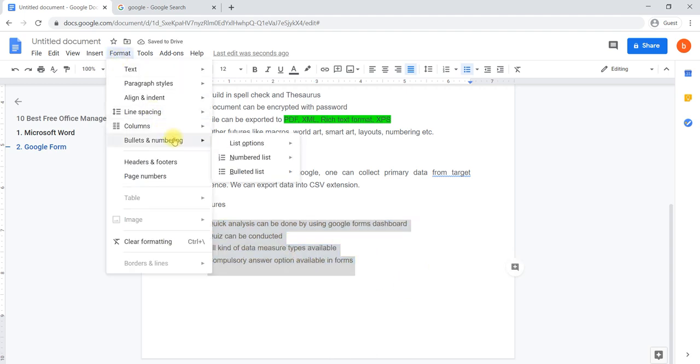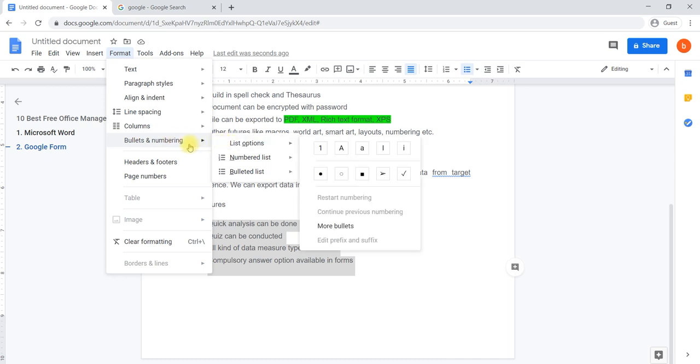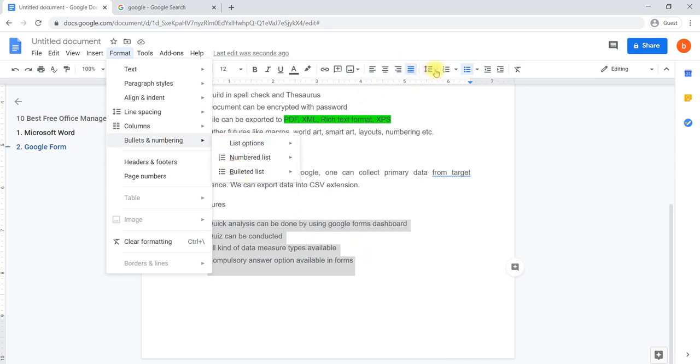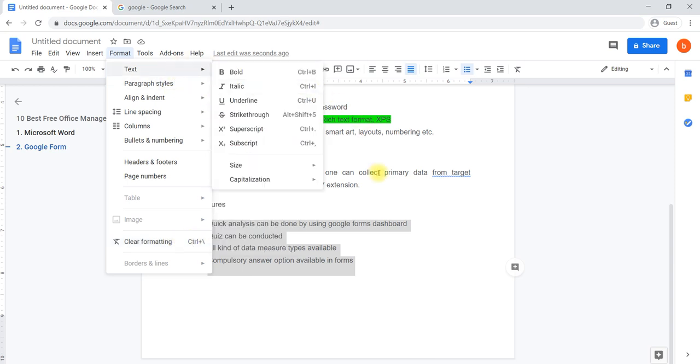Okay, bulletin also we discussed. These are the bulletins we have. Here itself, if we are not able to access it in the quick access toolbar, then you can use Format and Bulletin. Okay, this is about all the options we have learned about formatting and alignment. Even clear formatting is also available here. This is all about formatting and alignment.